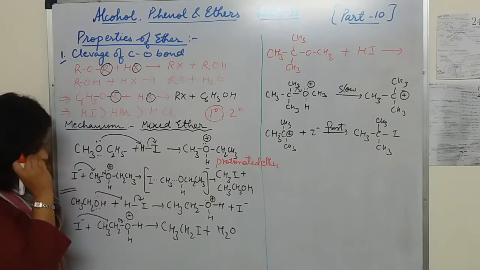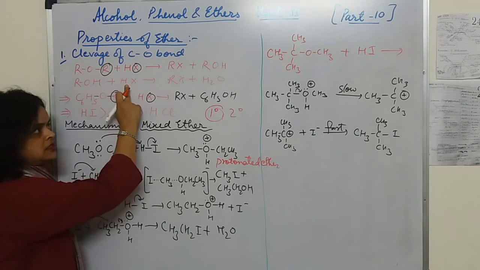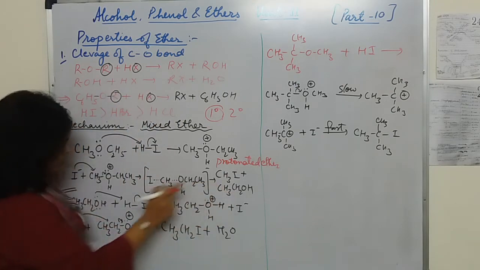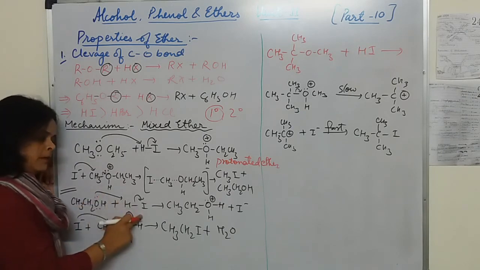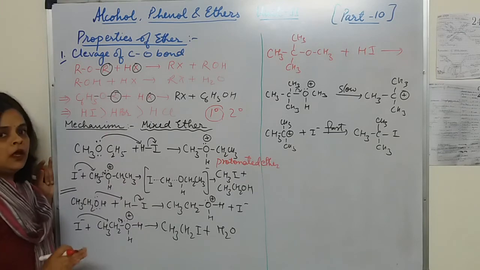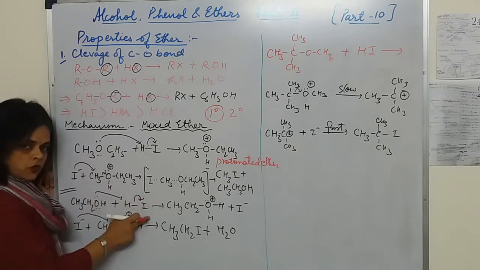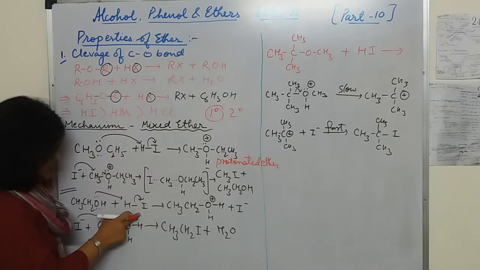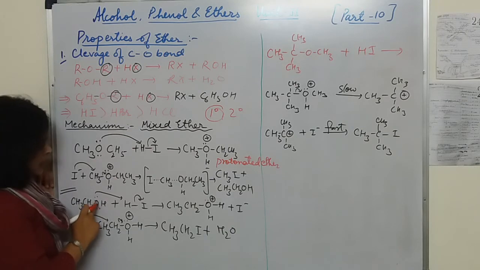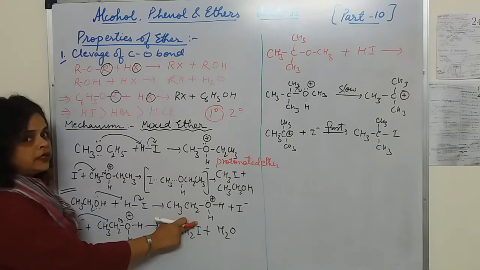Okay, now when we are taking HX in excess, as we had seen here, this alcohol again combines with HX. So we are taking this alcohol over here and it again combines with HX. Here we are just assuming that we are taking HI in excess. So again the same way this bond shifts over here, heterolytic cleavage takes place, and the lone pair of electrons with this alcohol attacks on this proton and again you will get protonated alcohol.